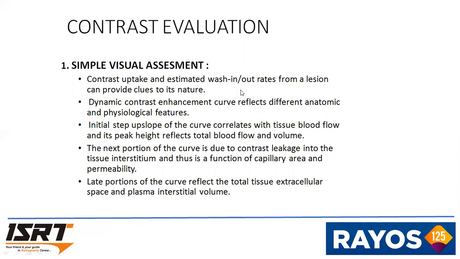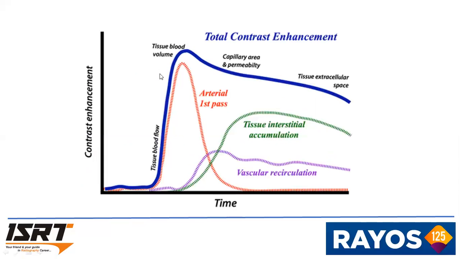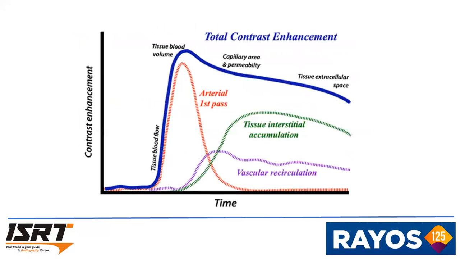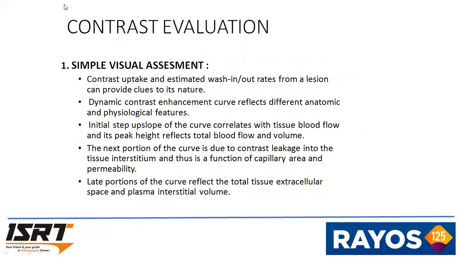The contrast evaluation is done by simple visual assessment, semi-quantitative descriptive analysis, and full quantitative analysis. In simple visual assessment, we look at the washout rate of lesions to provide clues. The dynamic contrast enhancement curve reflects different anatomic and physiological features. The initial upslope of the curve correlates with the tissue blood flow, and its peak height reflects the total blood